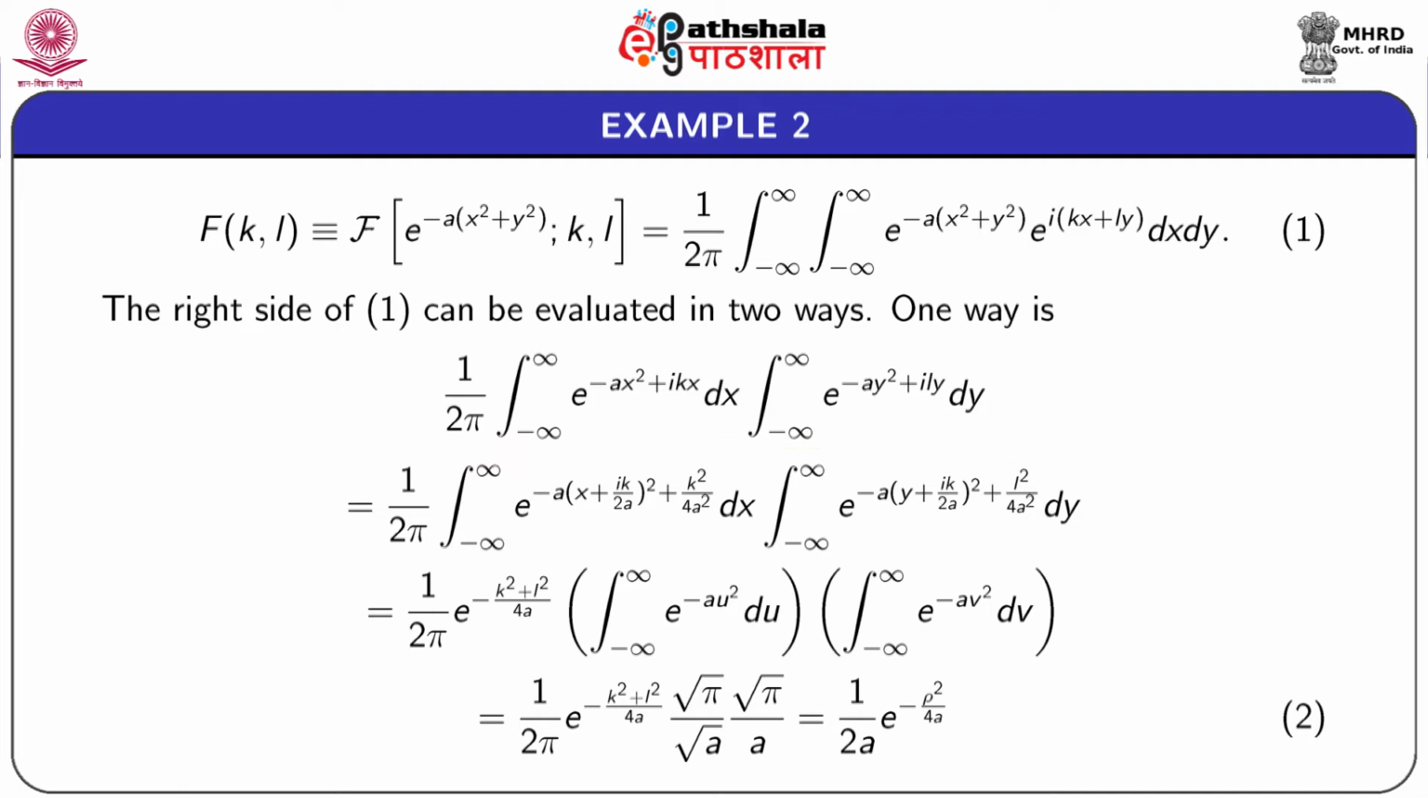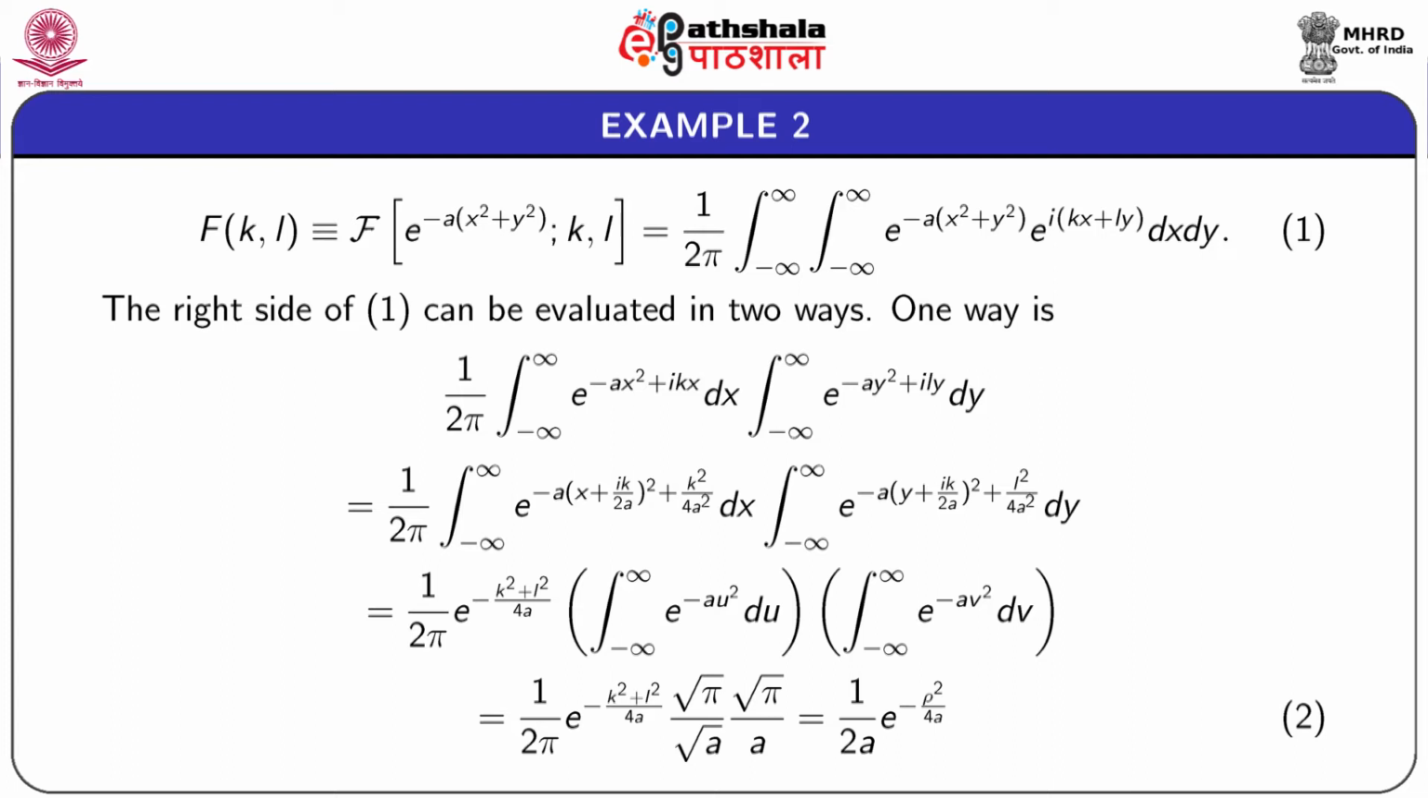Next, some adjustment is made so that power of e is minus a (x plus i k by 2a) whole square plus k square by 4a square, and also in the y integral the power of e is e to the power minus a (y plus i l by 2a) whole square plus l square by 4a square dy. Now, taking out this term e to the power k square by 4a square and e to the power l square by 4a square, we are left with